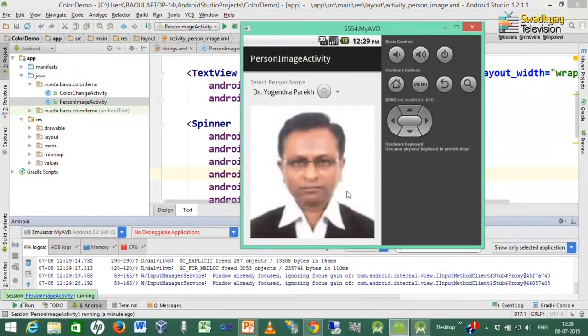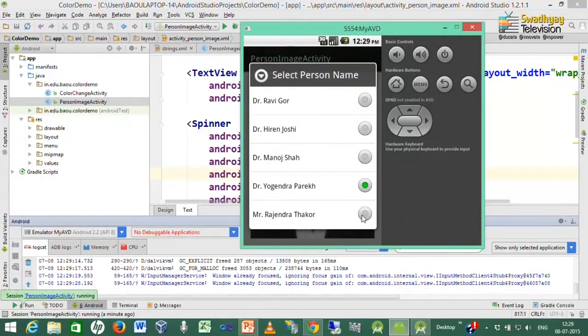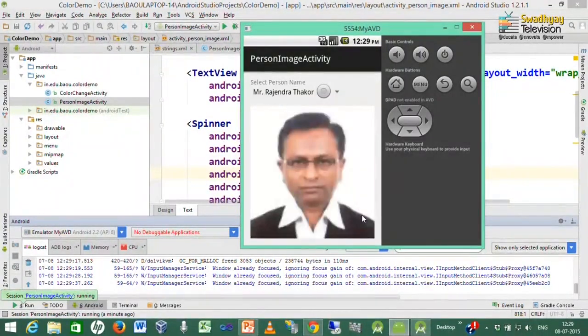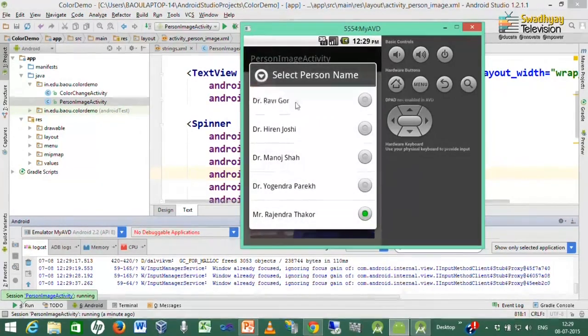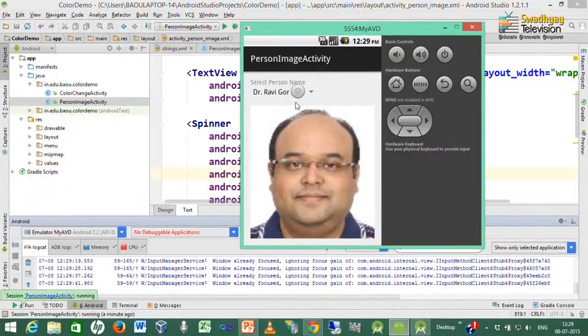So, here I am displaying different persons' images by selecting from the list. You can see that we can fetch images from resources.